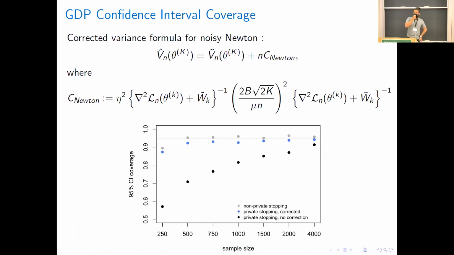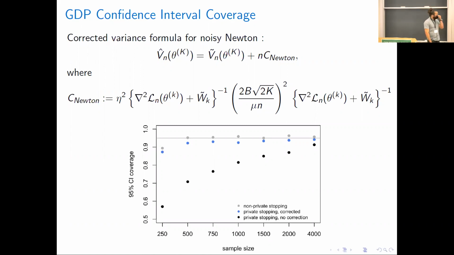an additional correction term. The idea is simply that our estimator decomposes into the standard non-private estimator plus noise. So if we just use the sandwich formula, we're only using the standard non-private parameter distribution. So we take into account the fact that we add noise to it. The formula looks ugly, but it does make a big difference.